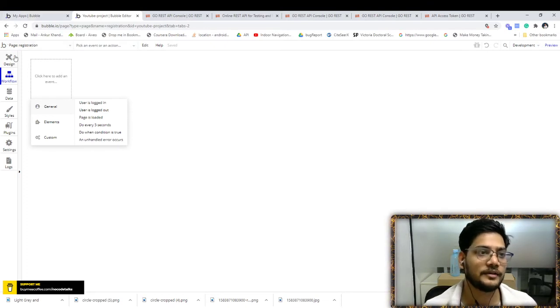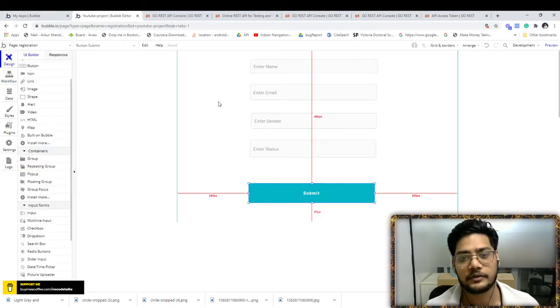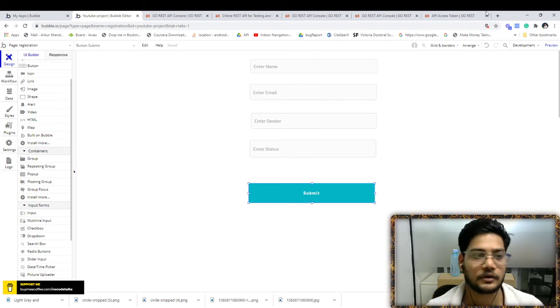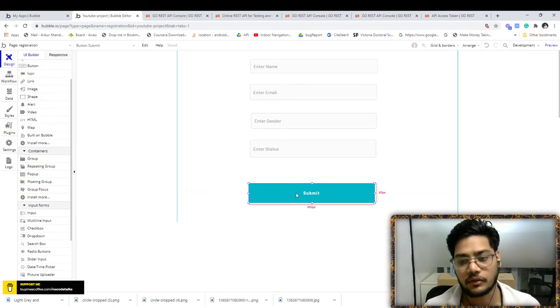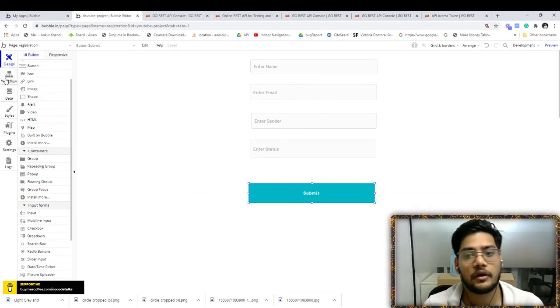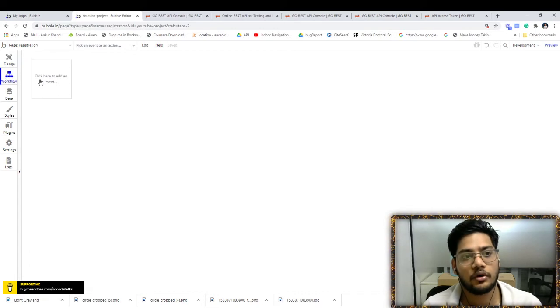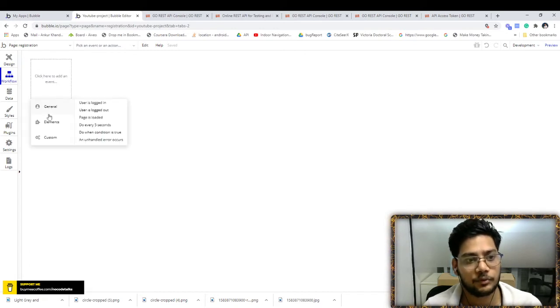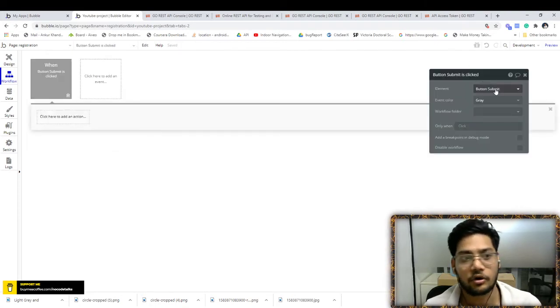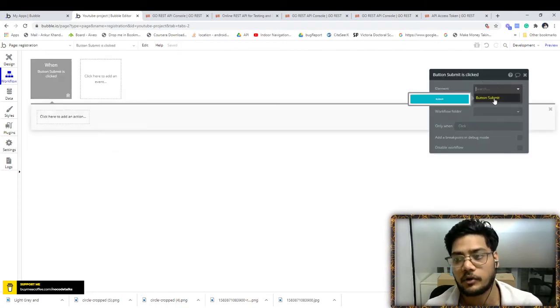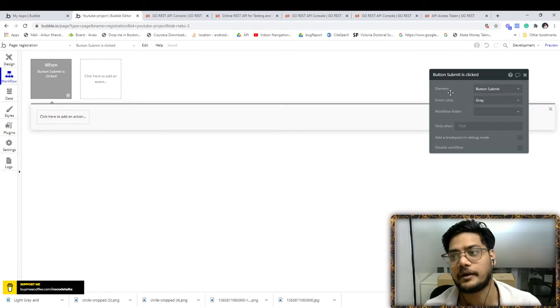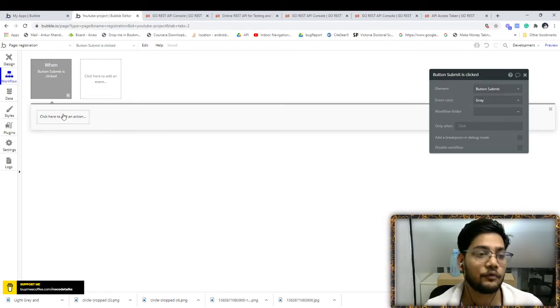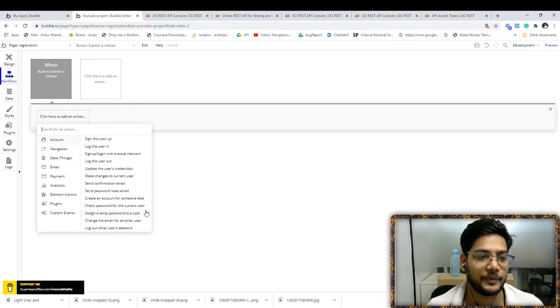Basically, this is the design part, where all the designing goes, but all the logic goes in the workflow. So you have to click on the submit button, then choose the element clicked event. You have to choose that automatically, the click button element, because there is only one element that we need to change. And what you have to do now is call an API.